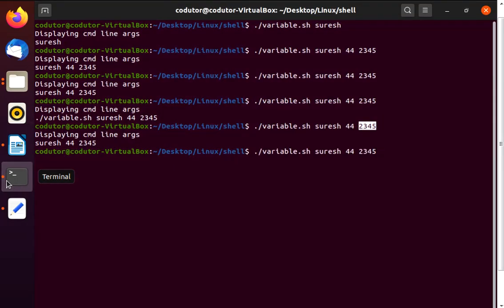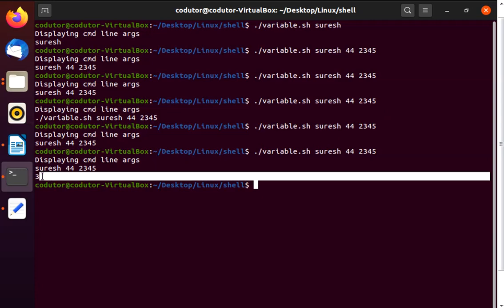Here we are passing 3 command line arguments, right? So $@ will print all the command line arguments, and $# will print the number of command line arguments. So 3 command line arguments we are passing, and hence it is printing the value 3 here.